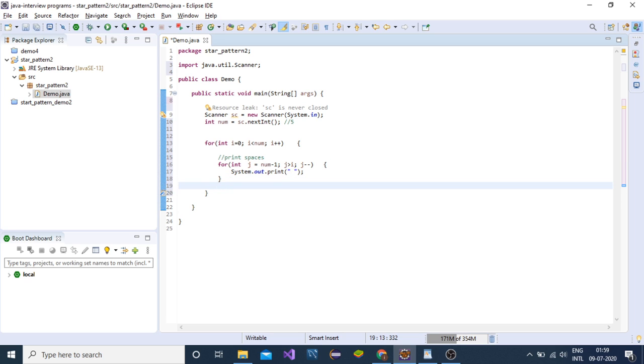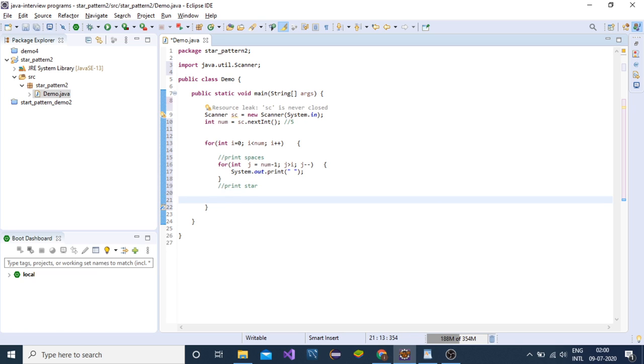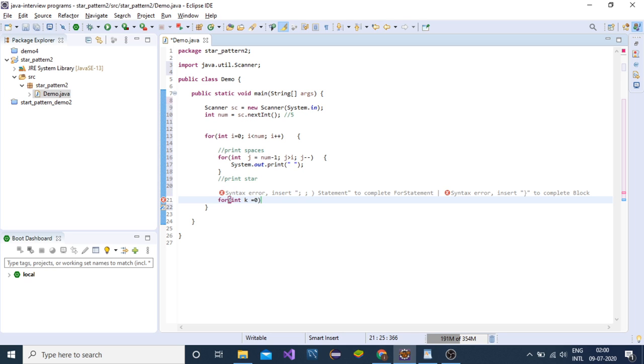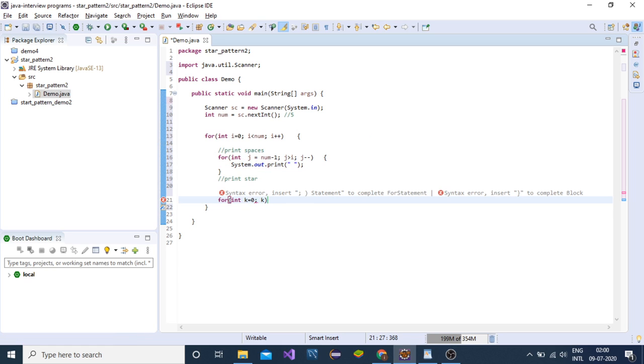This is correct, and this loop is responsible for print star, for int k equals to 0, k less than equals to i, k plus plus.